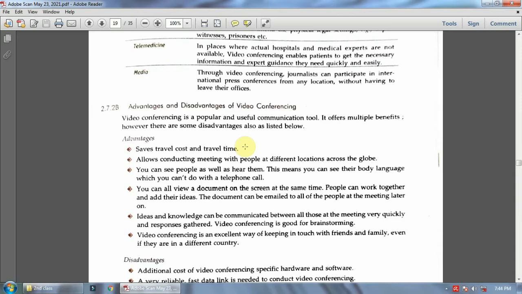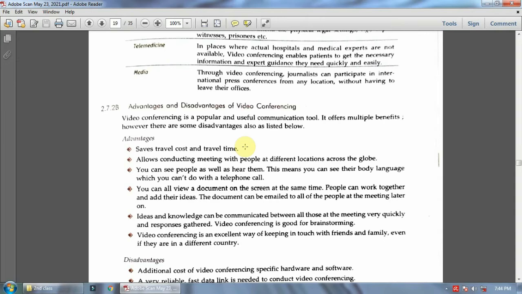Then again he has to spend time. If he is going by flight, at least it will take 45 minutes to 1 hour, plus waiting time at the airport. If he's traveling by train, it will take more than 24 hours to reach that place. So if we do video conferencing, it will save his travel cost and also travel time.